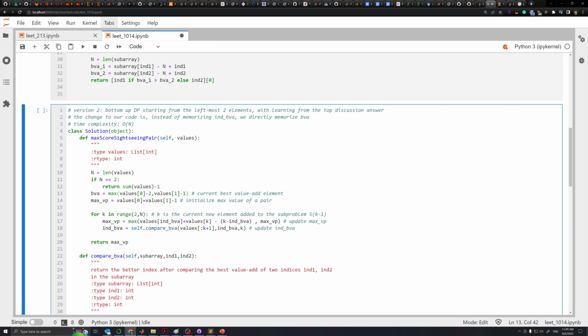And then for k in range, we're gonna do max of what values BVA. We're just gonna say BVA plus values, right? We don't need to minus that because this distance is already accounted for in BVA, because the best value add includes the cost as well. And then now when we update BVA,